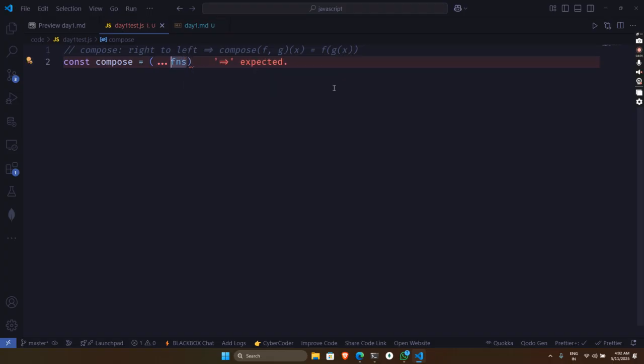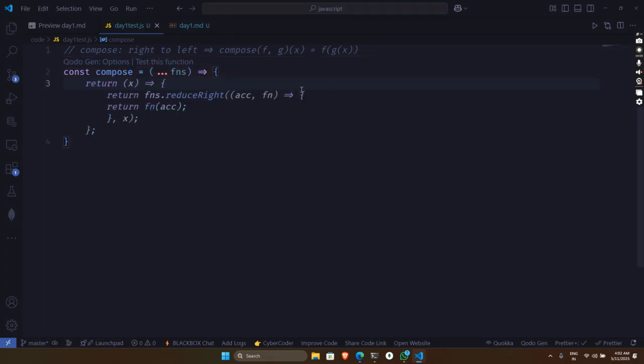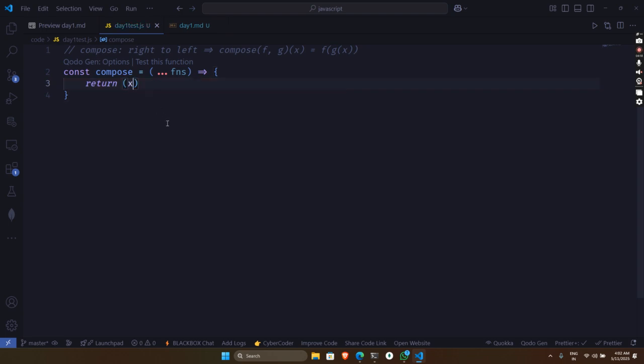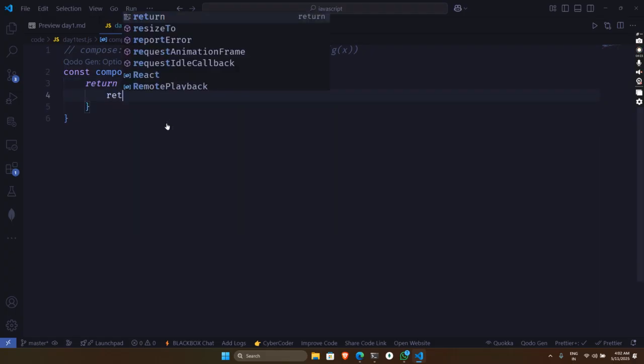We use the spread operator to take multiple functions, and it will return a function. This compose function returns a function which takes a value x as a parameter, and this function returns